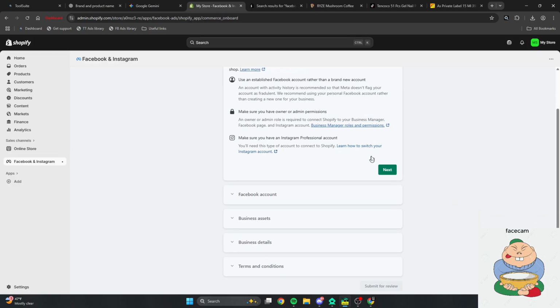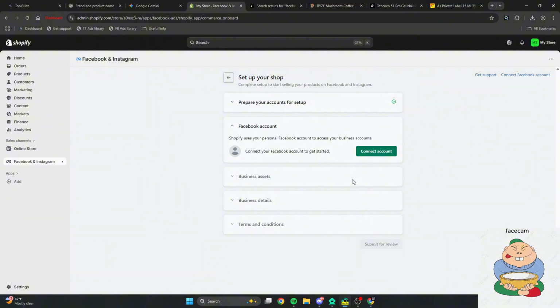So you're going to click get started. Next, you connect your Facebook account. After you connect your Facebook account, you're going to be on business assets, which is basically like what page it's going to be connected to. And then it's going to tell you to make a pixel. Once you make that pixel, it's a whole process, really easy. But once you guys figure that out, it's pretty hands-on. I'm not going to do it all here, but very easy to figure out.